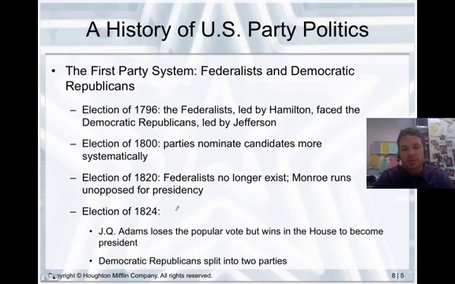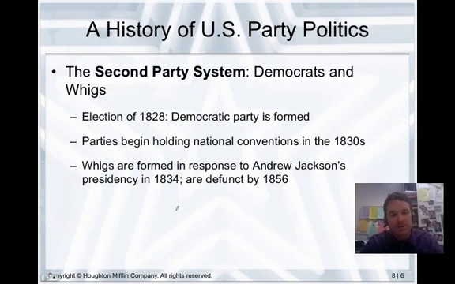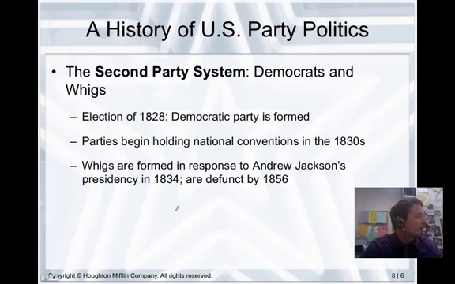You can see here a little bit of history of the political party system. It's grouped into three sections, the first section being the Federalists and Democratic Republicans. This is going to be boring for you. You can see an outline here. It's not something that shows up on tons of tests, so I'm going to go through it relatively quickly. Mr. Owen walked in, and he just walked back out. I don't think he wants to hear my lecture.